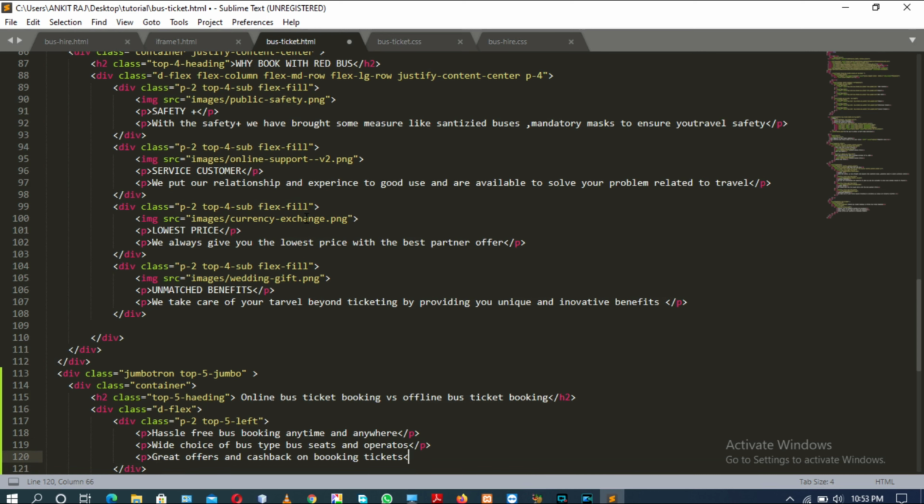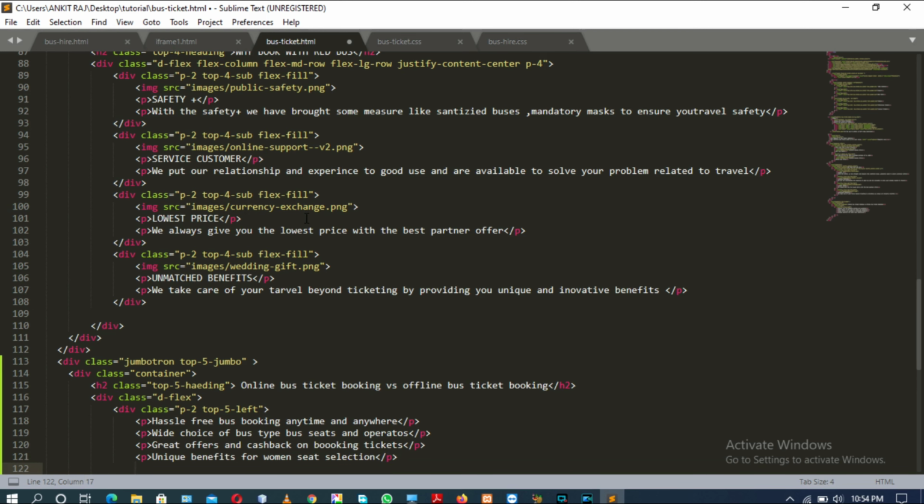Now moving to next paragraph tag, and the content will be unique benefits for women seat selection. Unique benefits for women seat selection. P tag closed.